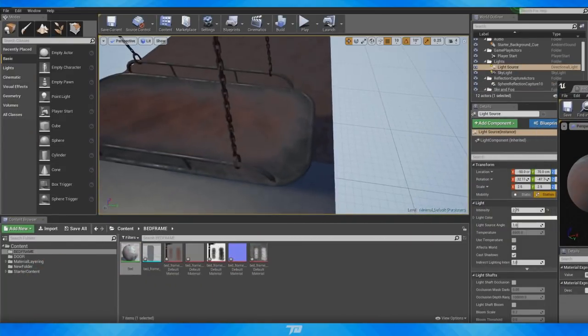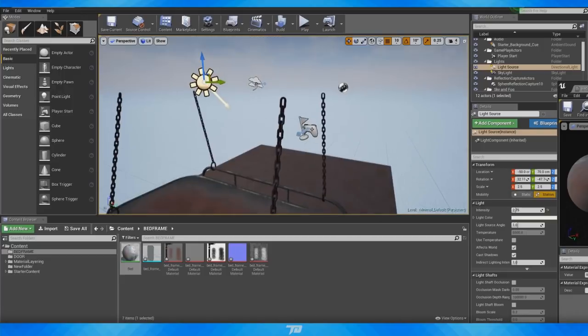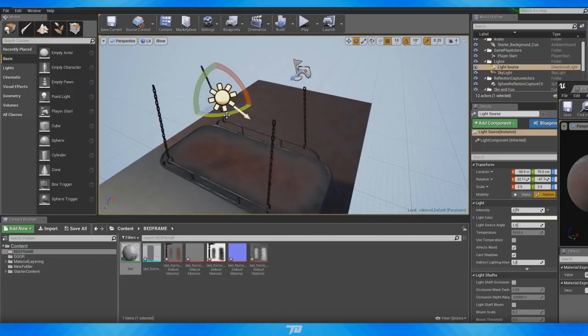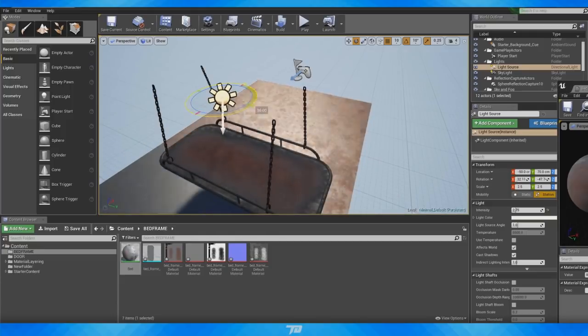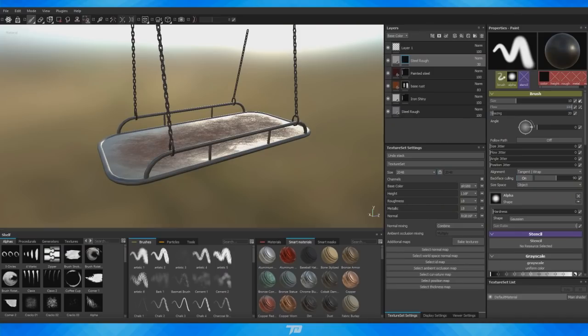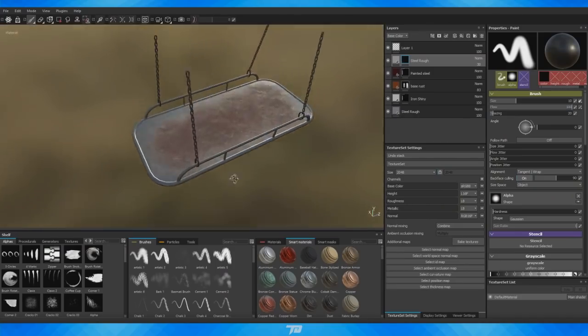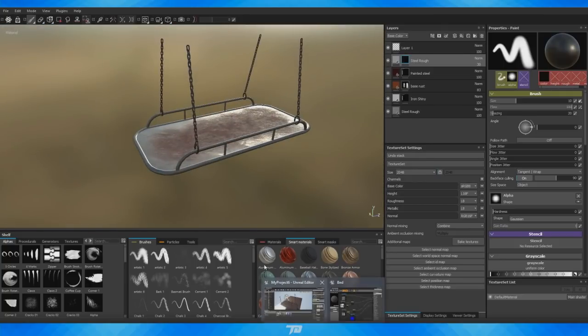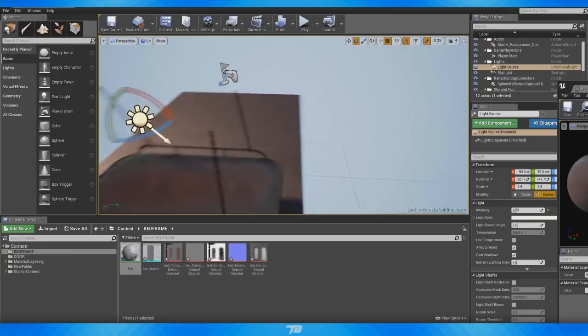As you can see, there's definitely a lot more debris as far as the rust goes, and we can see it a lot easier. And if I rotate this now, we are getting a bit more of a distinct shine around the edge. Obviously it's not perfect, I would want to tinker with that a lot more, but it is definitely a lot closer to this desired look that we have inside of Substance. Now we export it, so we're definitely getting there, and we can tinker with that a bit more, but for